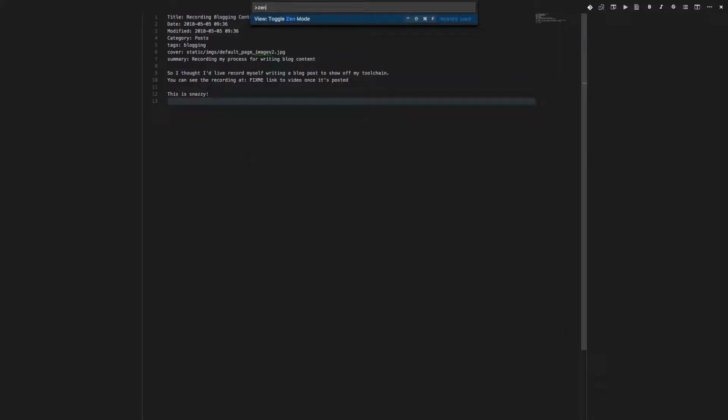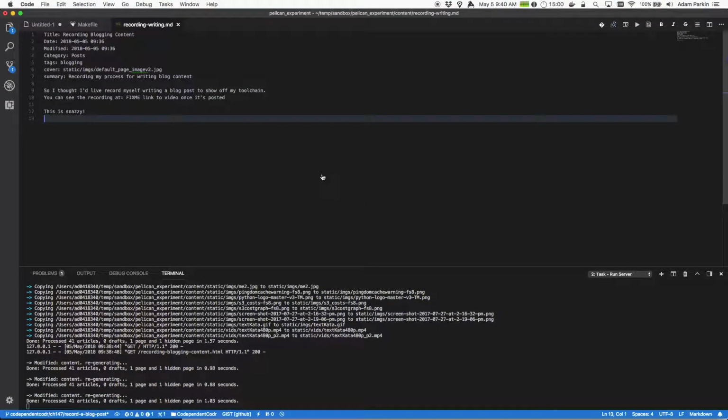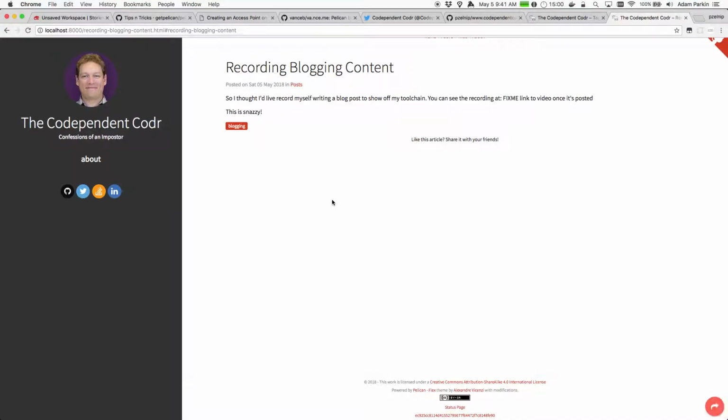So I'm going to get out of Zen mode here. And let's see what it looks like. So if I refresh the page, there's the page. Cool. So I have that fix me that I'll have to replace later after I